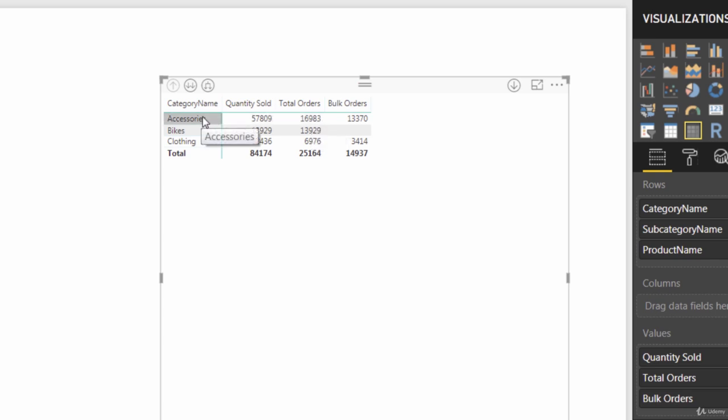for things like accessories and to a lesser extent clothing, but you see no bulk orders for bikes, which makes sense. If bikes are a much more high ticket item, you generally won't have customers coming in and purchasing multiple. So that looks good. That's our bulk orders